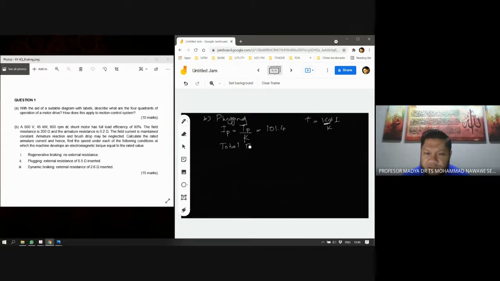So the total resistance Rx equals to RA plus R plugging. So that gives me RA is 0.2 plus 5.5, 5.7 ohm. And then now you use the equation whereby you have omega P plug-in equals to